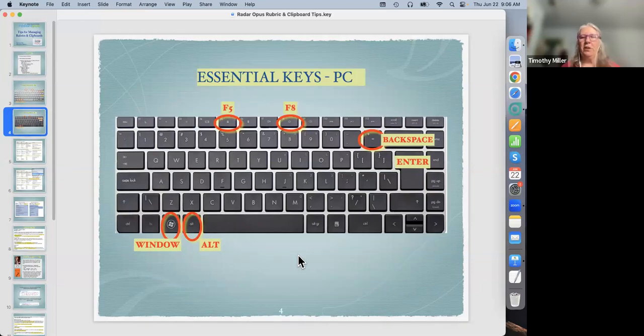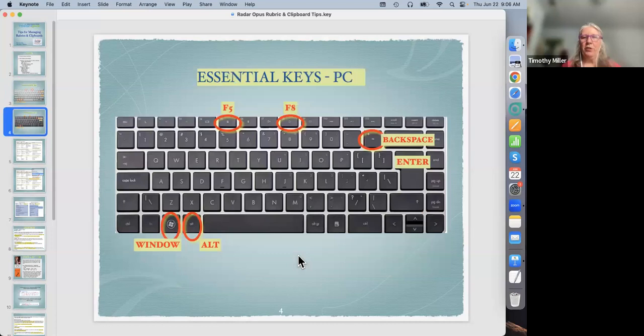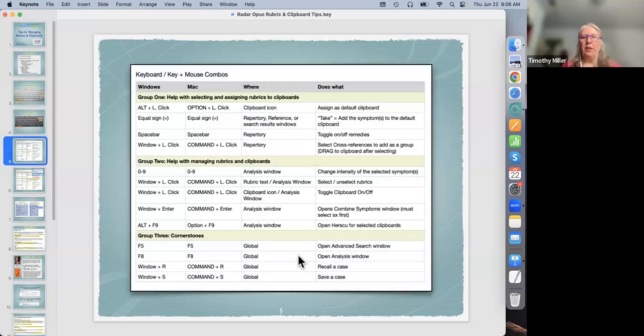I worked really hard to pull this together, and hopefully these are the keys that work for you. I know that there are variations of keyboards, so you may find some differences on yours, but by and large, these are the keyboards that you're going to come across and the essential keys for you. Now, I have created a chart of what I believe to be the most important